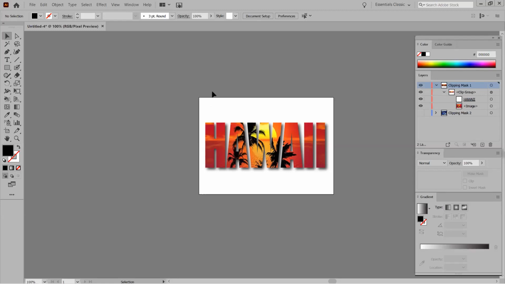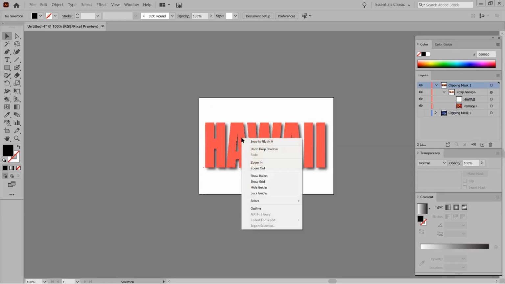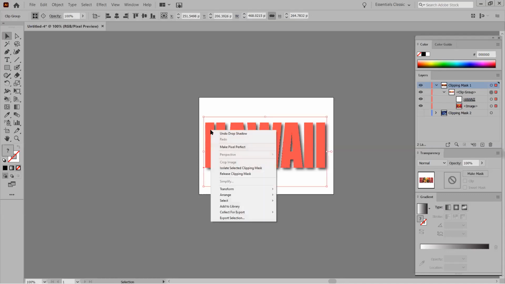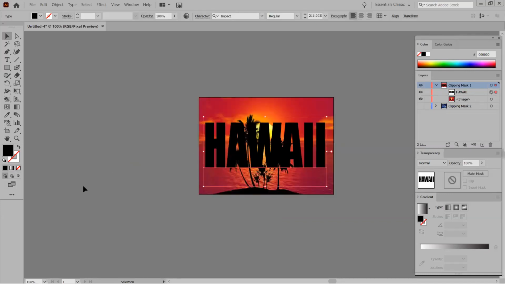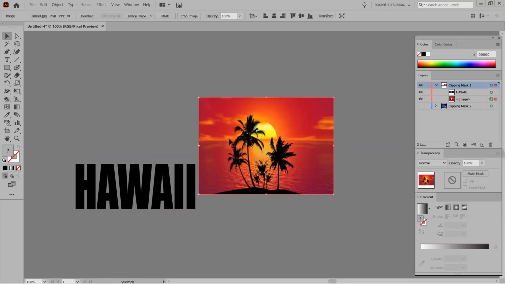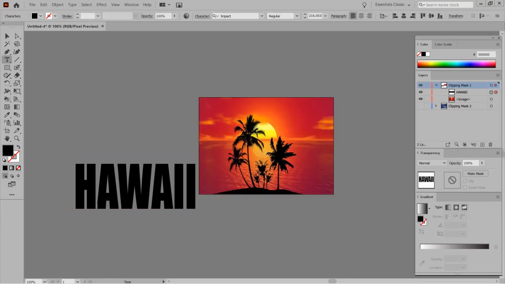In fact, let me just show you that. If I were to unclip this, in fact, let me just click on this and notice right now, it created this clip group, it created the mask and the image underneath that's being clipped into it. If you right click, control click on the Mac, you can release the clipping mask. This is how you release it. So let's release it back. And notice it goes back to the two objects that I started with. I got the image, which is right here. And then that's now again, if you take this object,